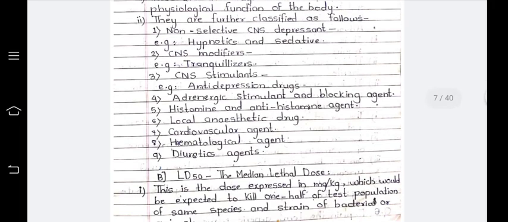Next is question number 4. Explain the terms. In that, the first term is pharmacodynamic agents. These are the drugs which act on the various physiological functions of the body. They are further classified as follows: